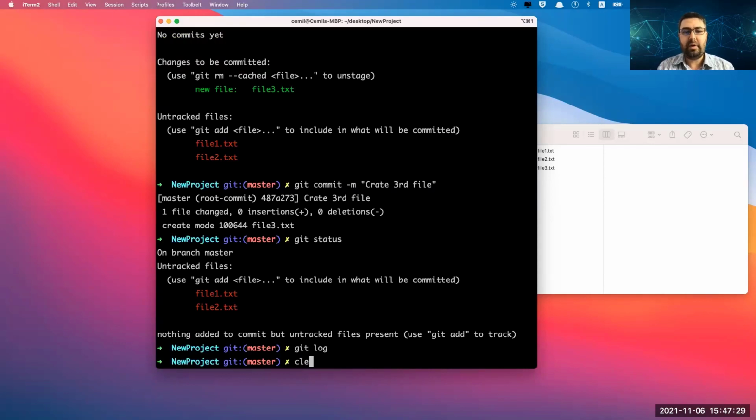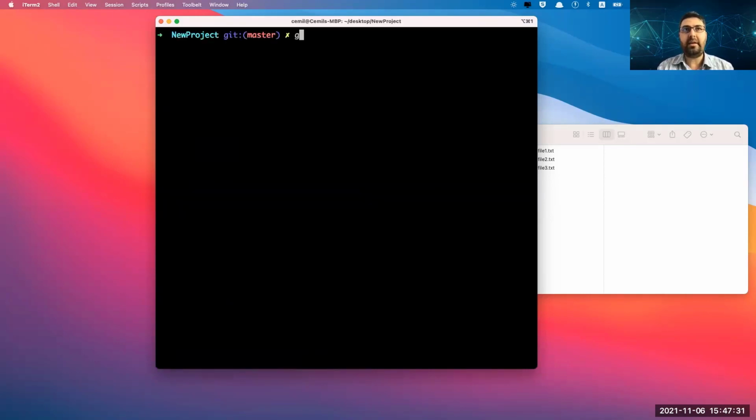Once again, we git init for the project we want to work on. We check the status with git status, and then we add the files, and we commit with a message. And lastly, we check git log to see all the changes we have done before.